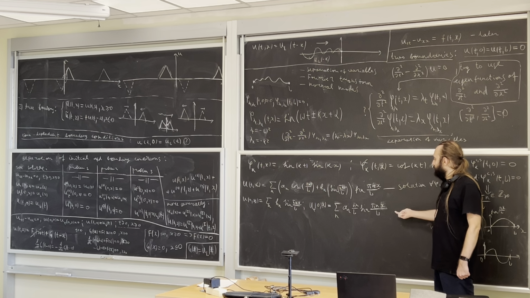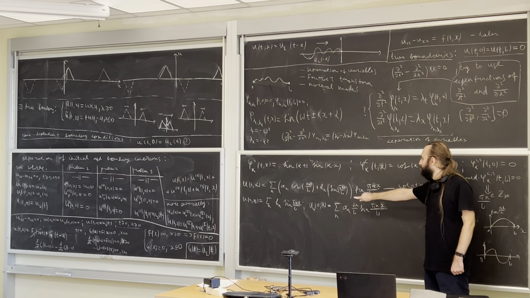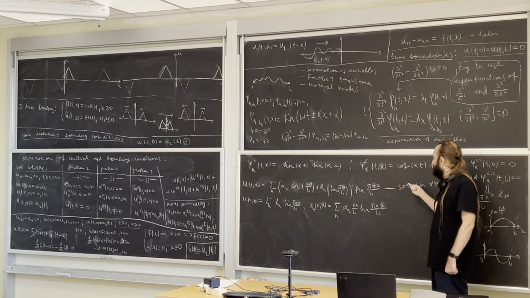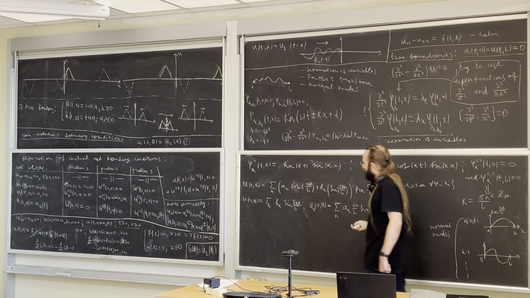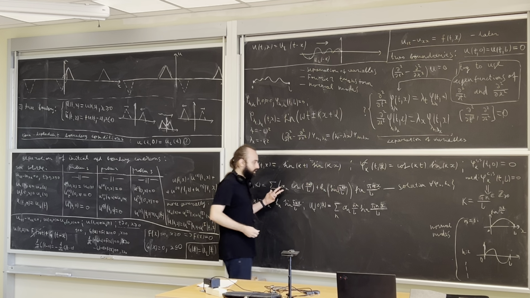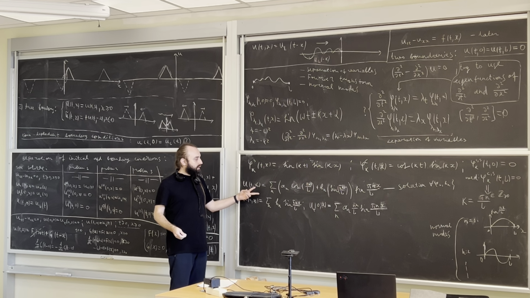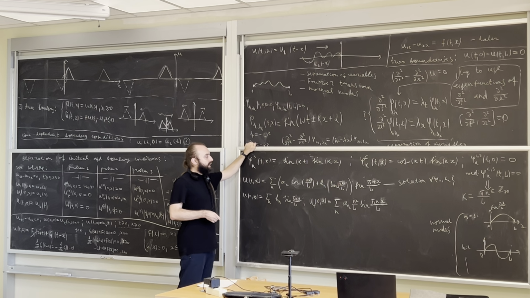So if initial conditions have such forms with a finite number of non-zero A's and B's, we can just write them and solve this equation. So it looks like a union of dynamical systems for each of these modes. And we can see it